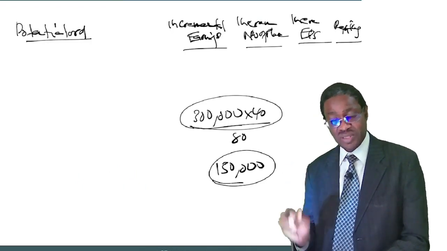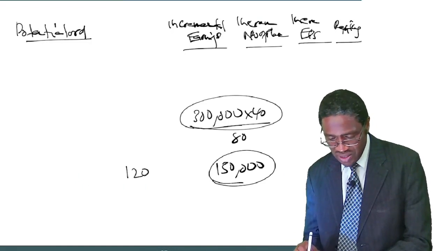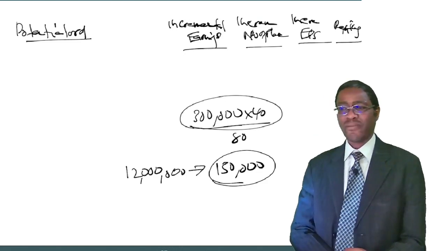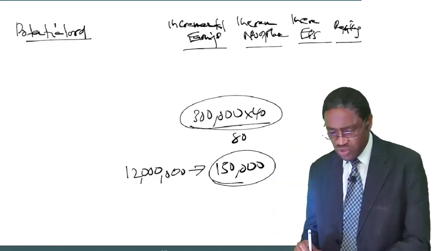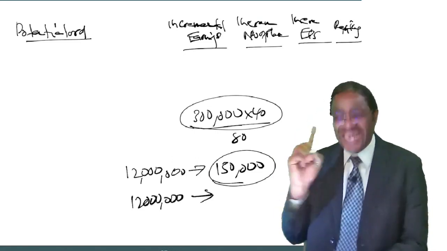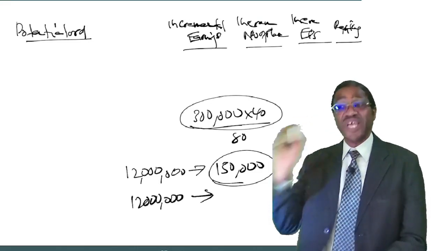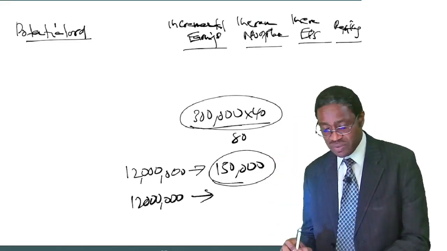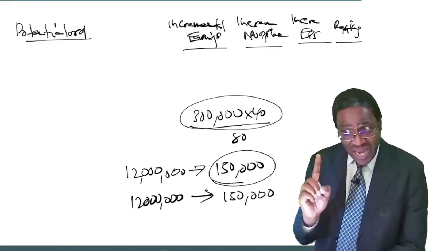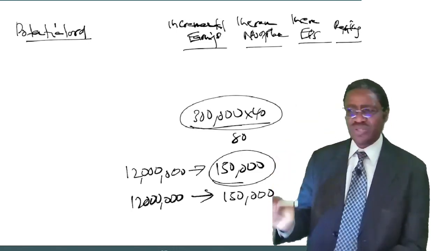Listen carefully. The moment they brought in the 12 million, I gave them 150,000 shares. They will bring the balance of the 12 million in future, and I'll give them the balance of their shares, to the extent that they are fully paid. I hope you still remember, which is how much? 150. Listen. But they are going to bring in this 12 million when the market price of the shares has